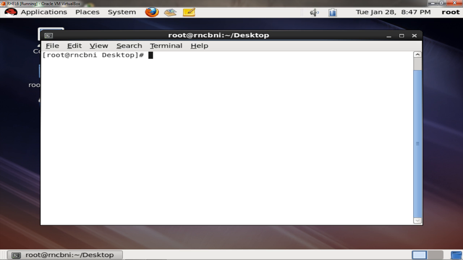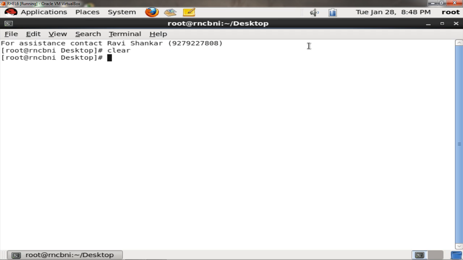Some of the basic requirements for PHP: you must install and configure a web server, because PHP is application software, that means programming software, which is basically used to develop web based programs, and these pages can only be accessed through a web server. So first we need to configure our web server. In Red Hat Enterprise Linux, the web server is